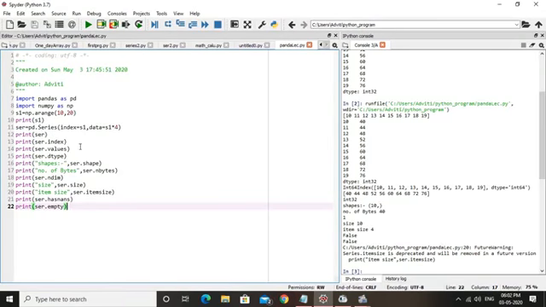Next is the series values. What are the values within this series? These are the values from 40 to 76. Now dtype. What does dtype mean? It is the data type of these data elements. What is this? Int32. If the system is 64-bit, then it shows int64. Now the shape. The shape is 10, which means we are providing 10 elements, 10 values.